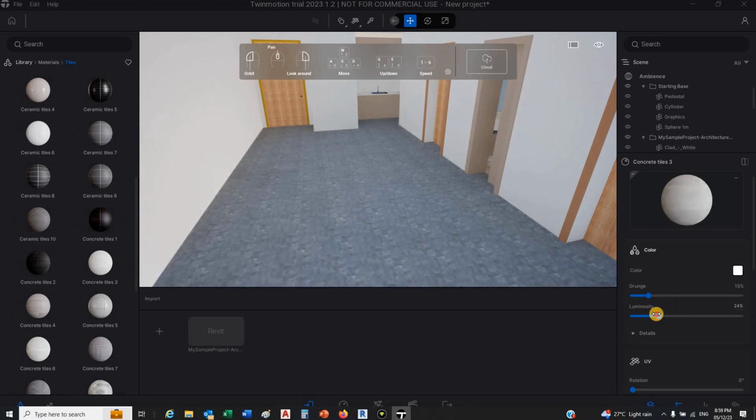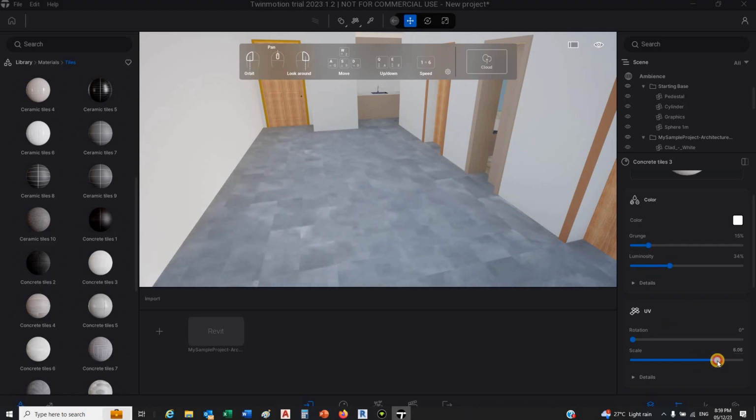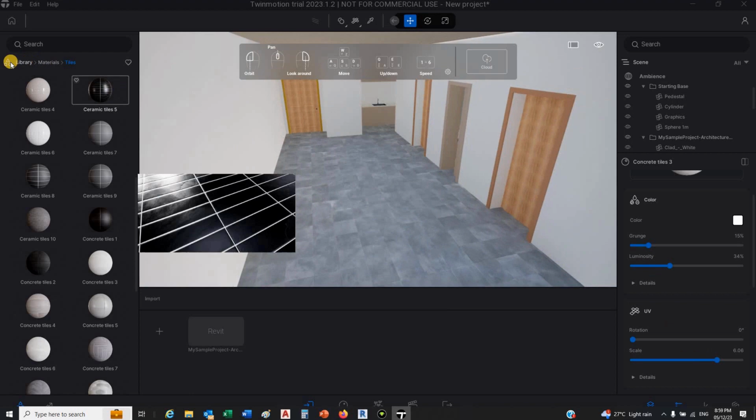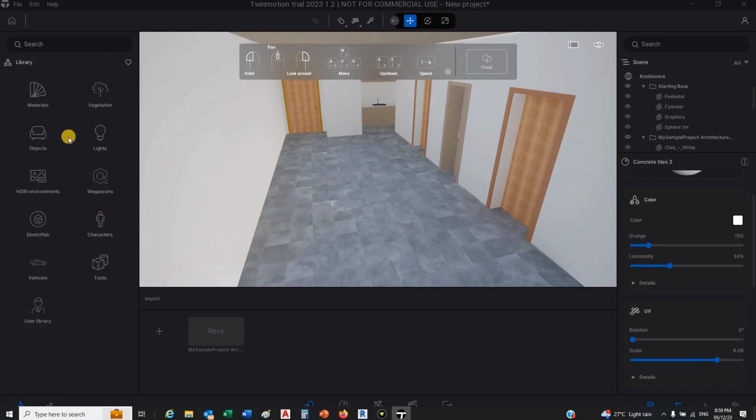So this is how you change the scale, the rotation, bigger piece of tile. You can change the scale like this, okay? Then the next thing is you can always go to your library here. If you want to add object, like in your home object, living room, what you're supposed to have here, you can have some